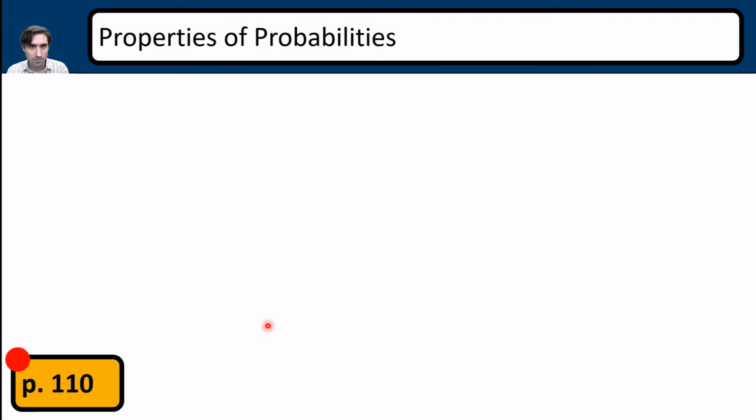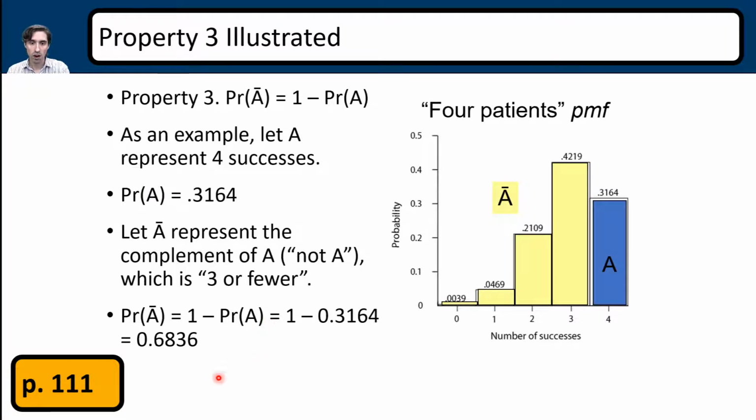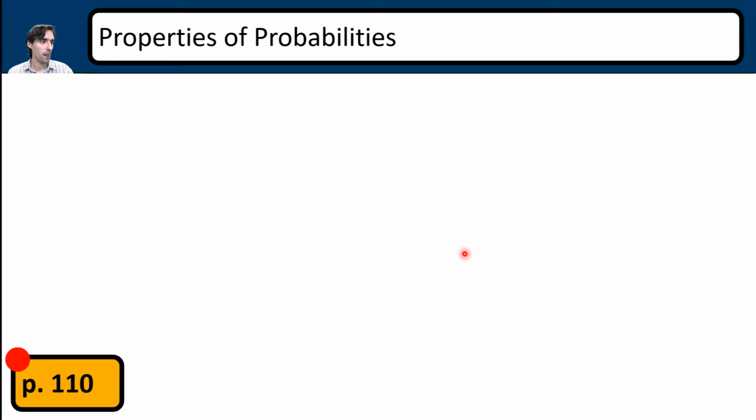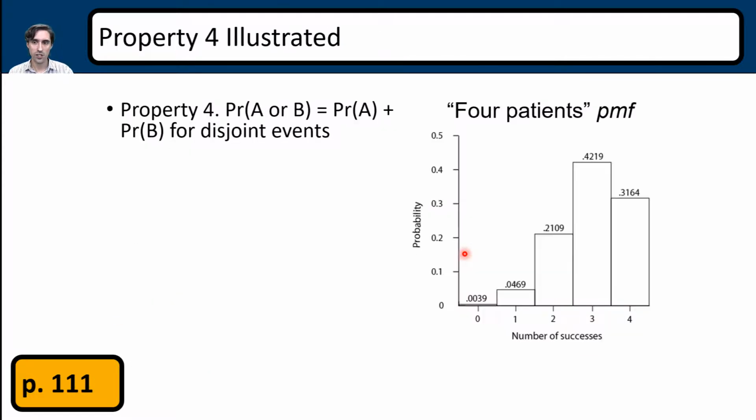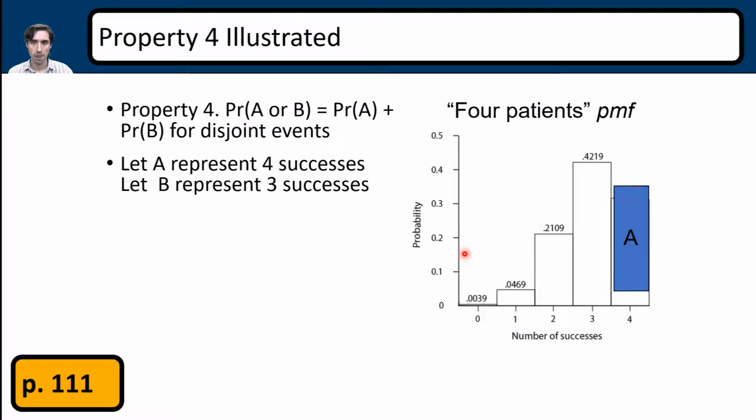Let's do another one. Which all of that is equal to, ta-da, the rest of these. This is the complement of it. If you were to add that up, let me just do the math on that. Yep, that's about right. So that's the complement. All right, and we are on to the last one, which is disjoint events.